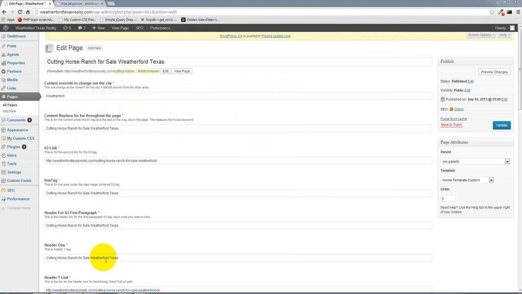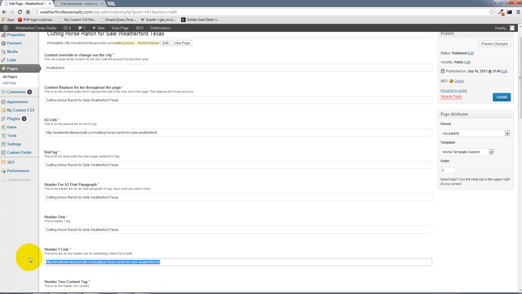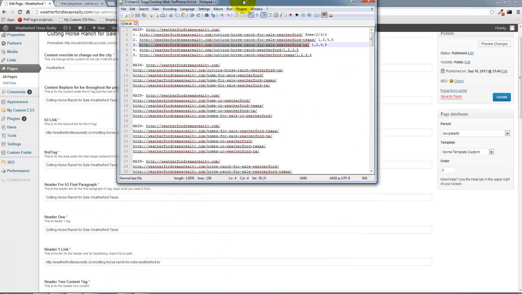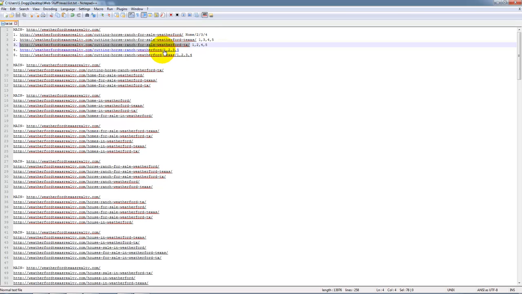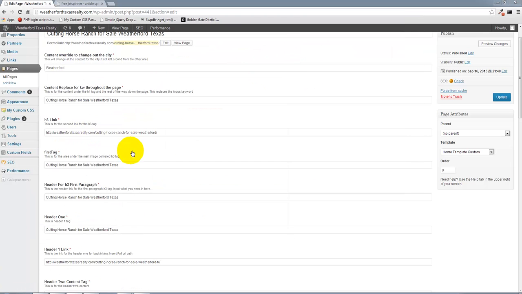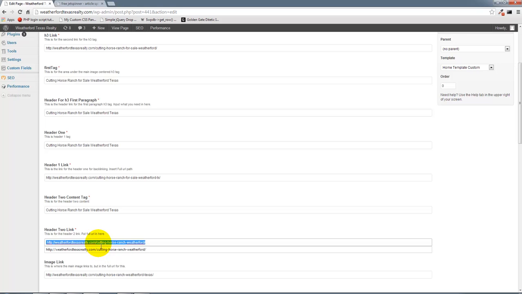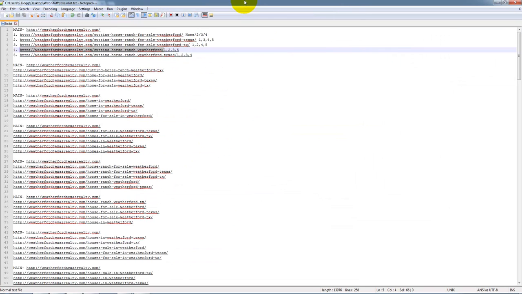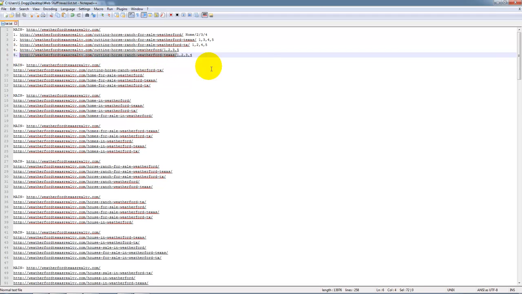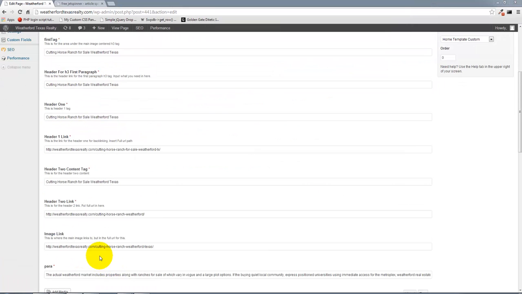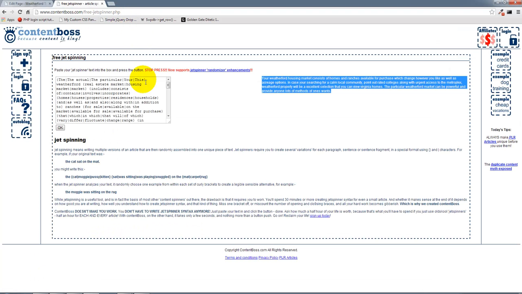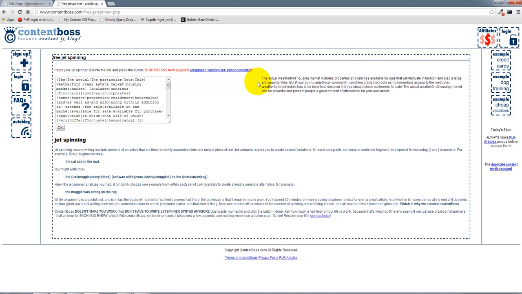Go down to the next one. Put it in there. So for this next one, I'll grab this next link, which is 4. Copy it. Go down and paste it in here. Then we see the next one is 5, so I'll grab 5, copy it, and paste it in the last one. And then finally we'll go to the jet spinner, press OK, generate a new paragraph of content,